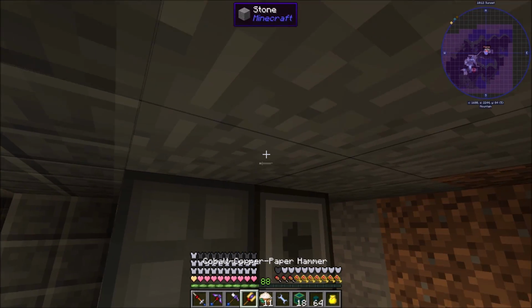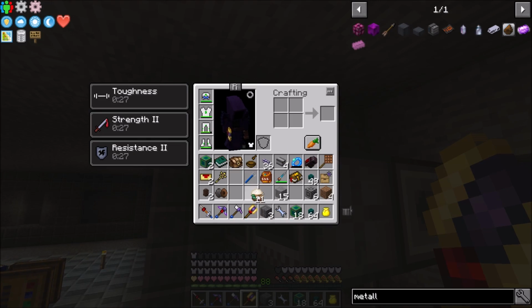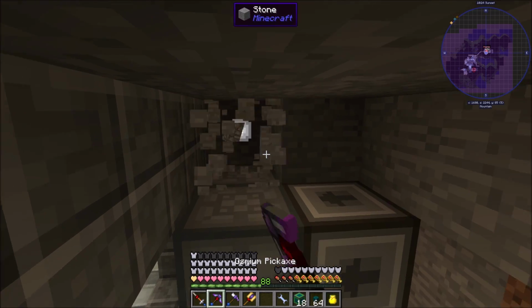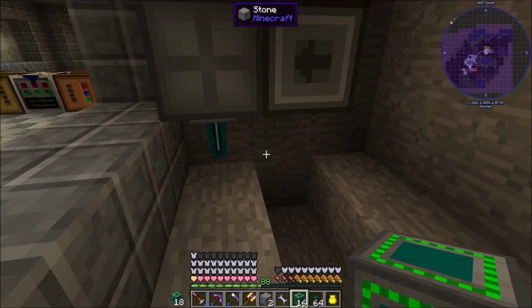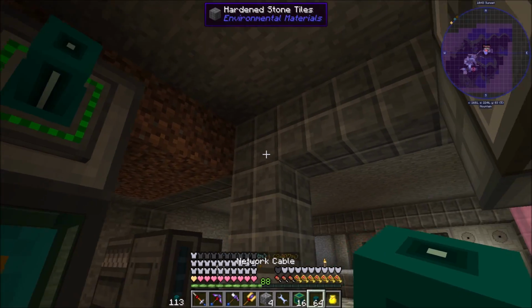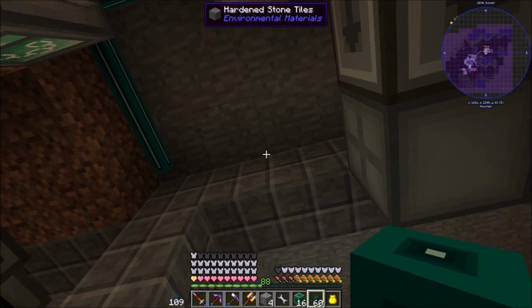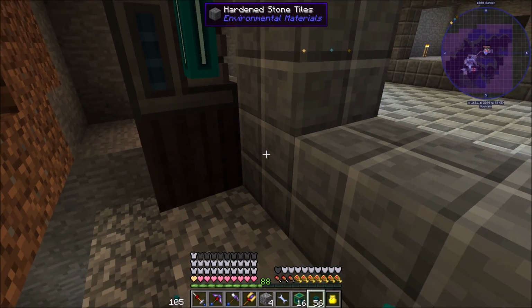Let me open this up a little bit. Whoops, I just took out the ceiling. There we go. And we're going to put a connector right here, right here. And I guess we'll just run it over to here. We'll bring this over like that, and then we're going to bring this over like that. And we'll just bring this down